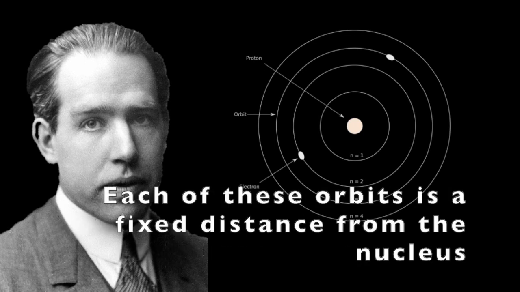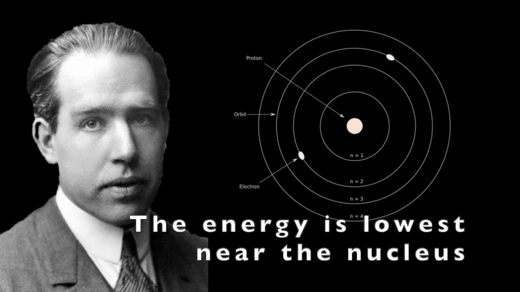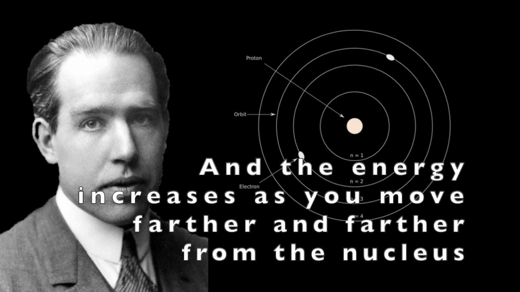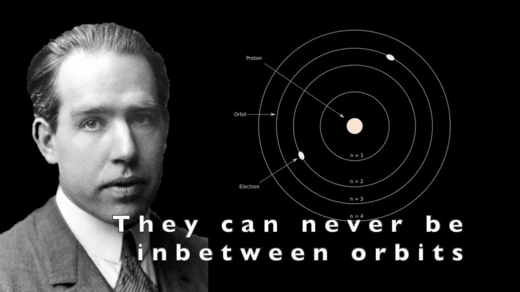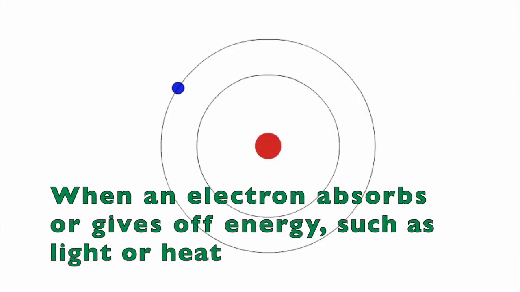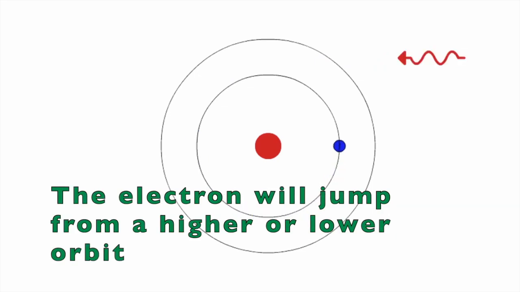Each of these orbits is a fixed distance from the nucleus, and each has a different energy level. The energy is lowest near the nucleus, and the energy increases as you move farther and farther from the nucleus. Electrons must be in one orbit or another. They can never be in between orbits. When an electron absorbs or gives off energy, such as light or heat, the electron will jump from a higher